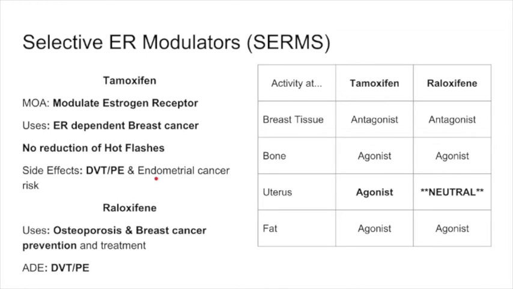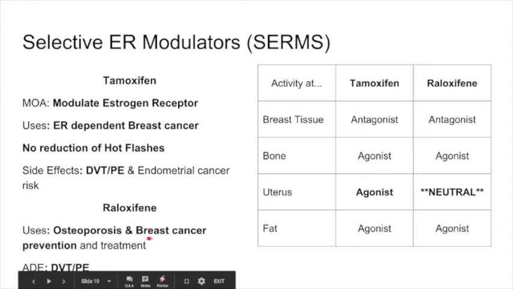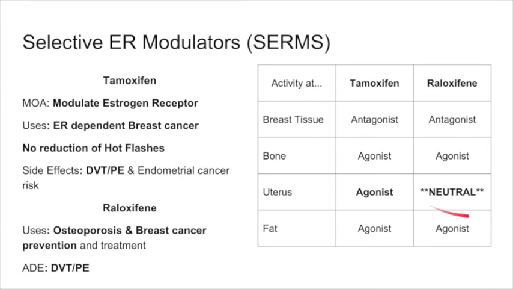activities. So then came along raloxifene, which, again, is an antagonist at breast tissue, and so it can be used for that, and it can also be used for osteoporosis, specifically because it has a neutral effect on the uterus. So therefore, it does not have that risk of endometrial cancer. And so because it doesn't have that risk, we're more likely to give it for something a little